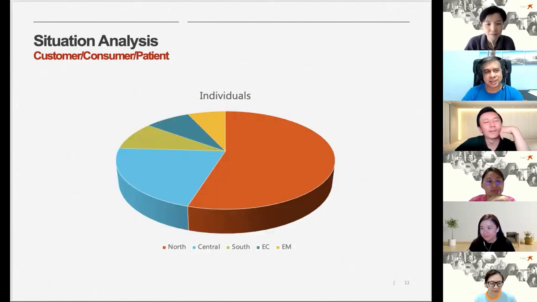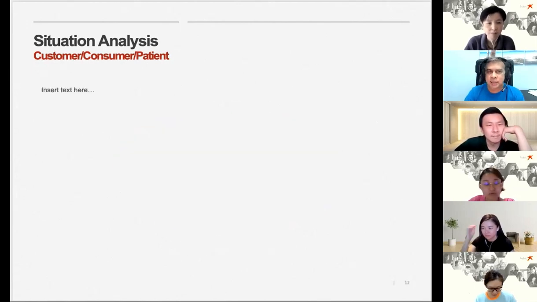So as I said just now, you can put a slide and right next to it, you can put comments, and then any other comments you want to talk about, customers, consumers, or patients, please put in a separate slide. Any other comment you want to make, you can put inside here. For example, you can say the number of psychiatrists in Malaysia has increased by 20% over the last 2 years. Okay, that's a comment you want to make.